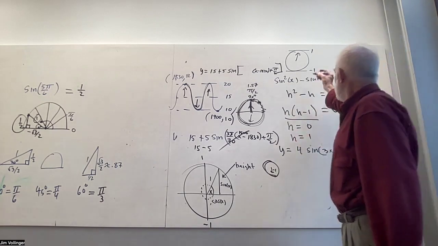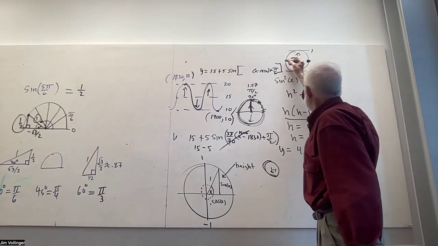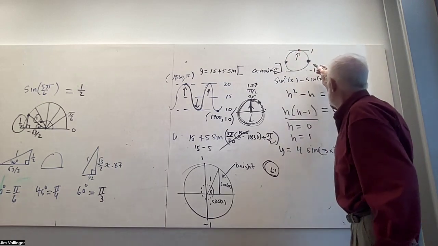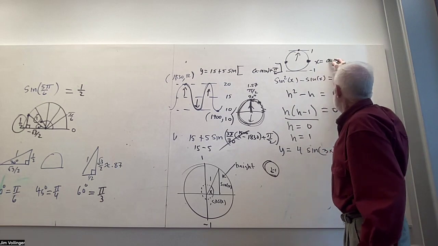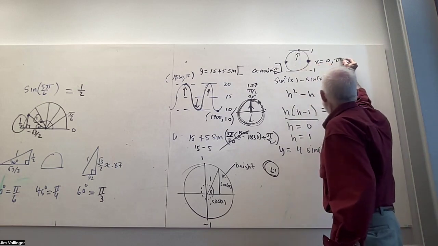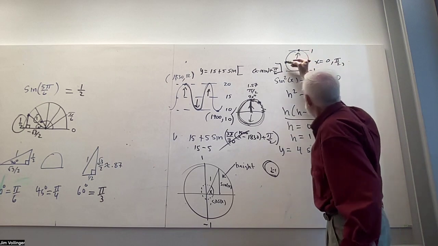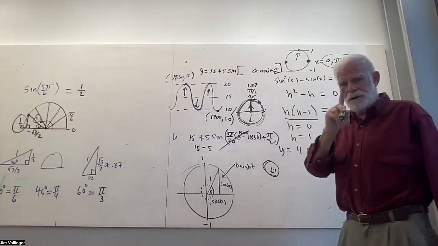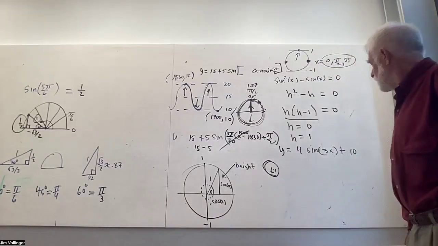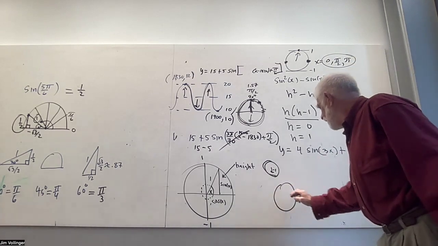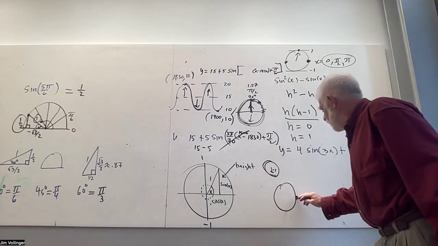So where are heights 0? Heights are 0 here and there, and where are heights 1? Up there. So what are those 3 locations for x? 0 radians, no trip around the circle. Pi over 2 to get to the one at the top, and then pi to get over here. All those angles, 1 period worth of angles. That's a solution. And then we want to know that, when you're graphing the sine function, if we're talking heights,